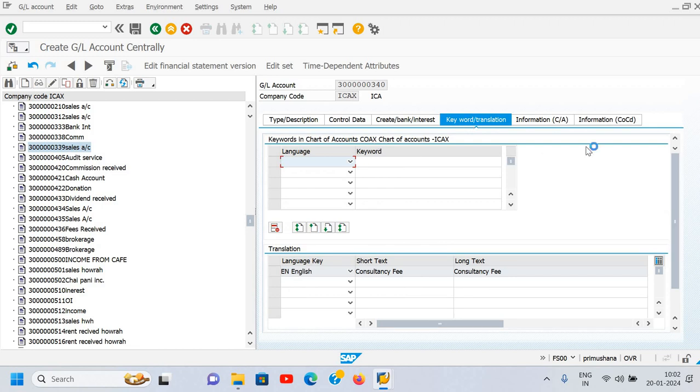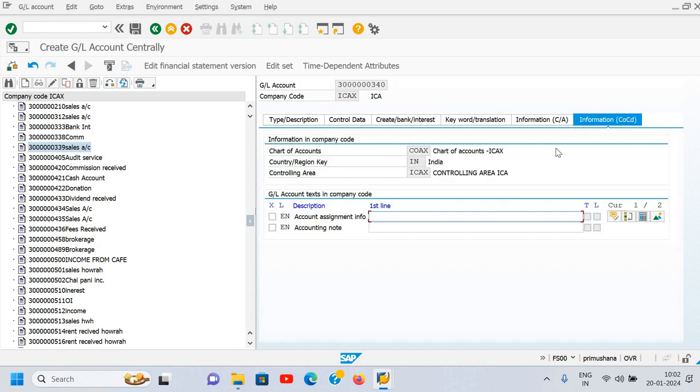Now the bank and finance and interest calculation we will learn later on. Now keyword, the language we need to select English. My keyword is deep, same as you can also put your keyword. Now in this information we need to just check what is our chart of account, only this. So you need to understand what is our chart of account. We are creating all ledgers in this chart of account, COAX. Okay,